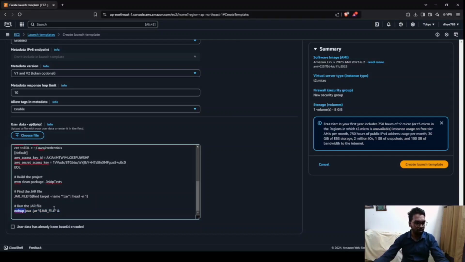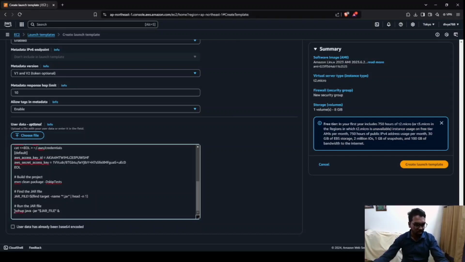And nohup is required so that the process keeps running in the background and is outputting the result of that jar run into the nohup.out file that will be created in the current directory.